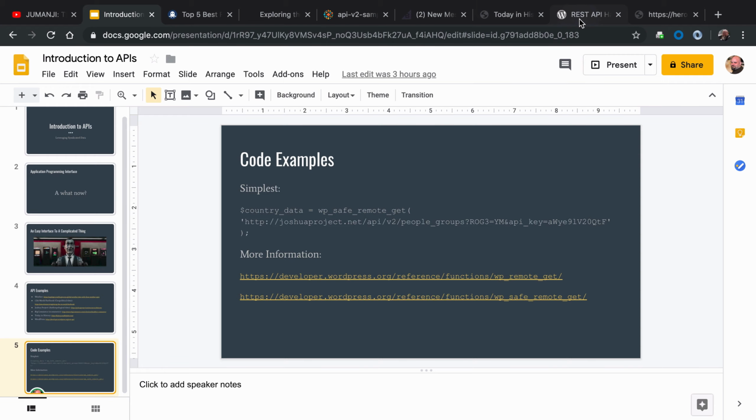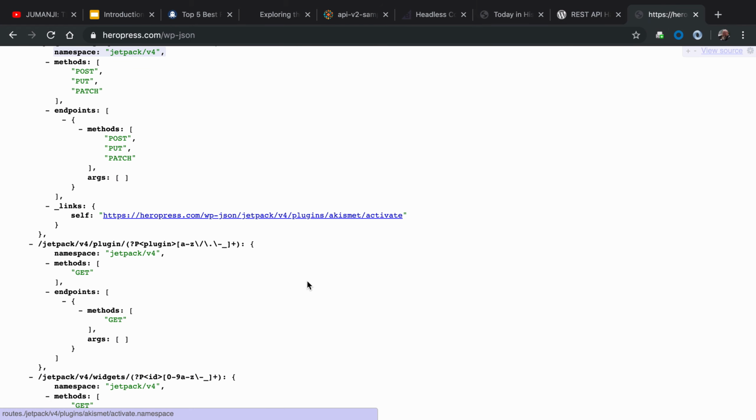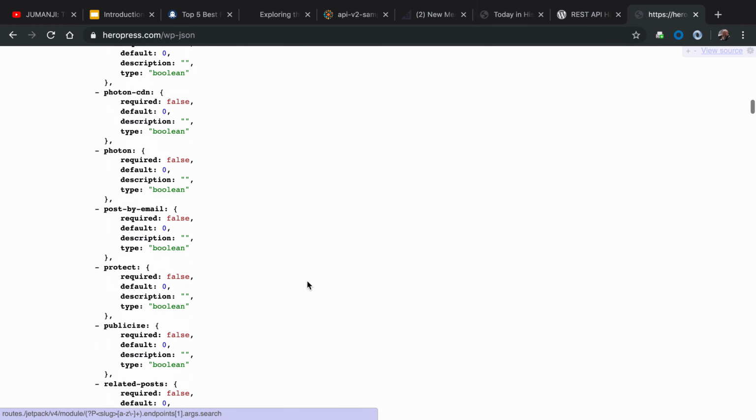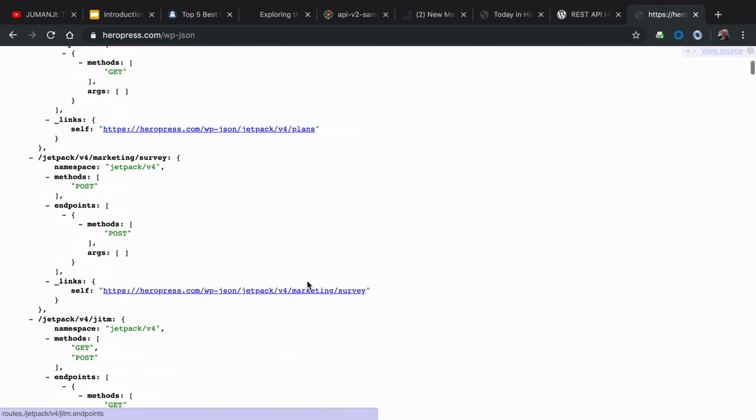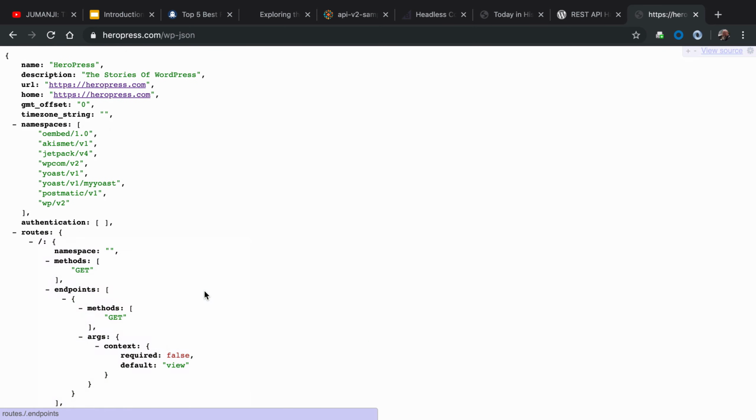Let's go to the top. Namespaces. So this is not proof that an API exists, but this is an indication that an API exists for Akismet, Jetpack, WordPress.com, Yoast, Postmatic, and WordPress itself.